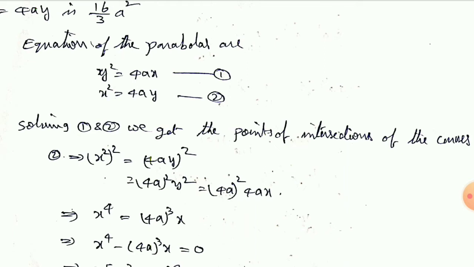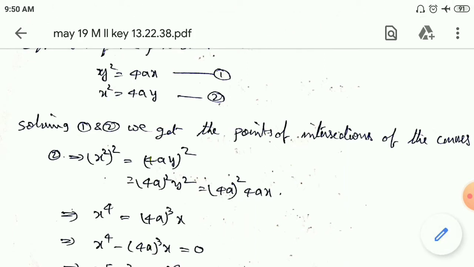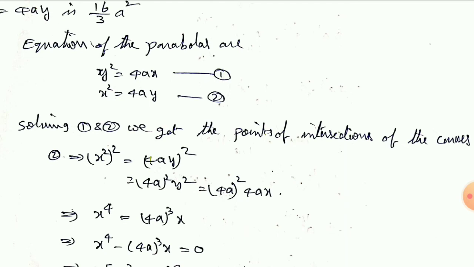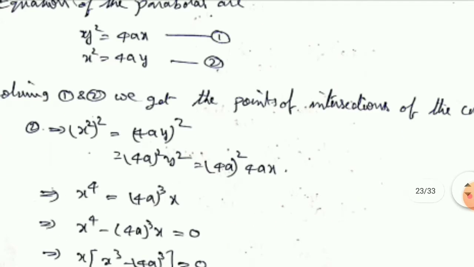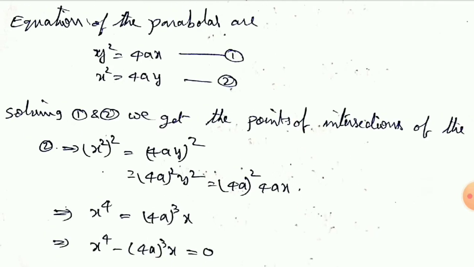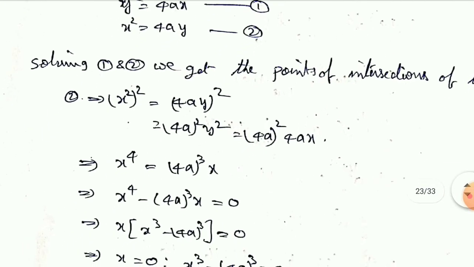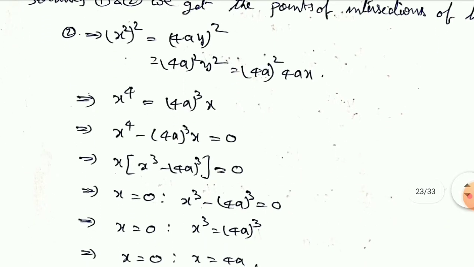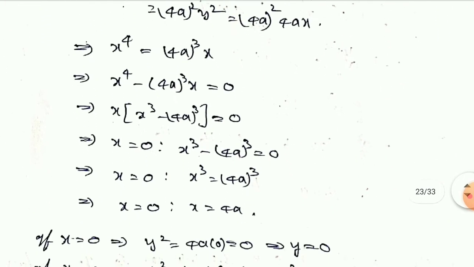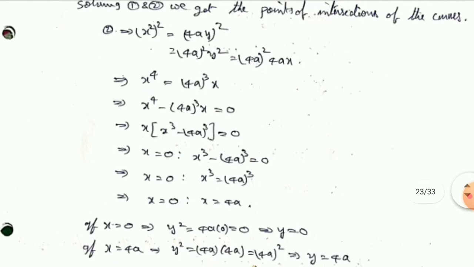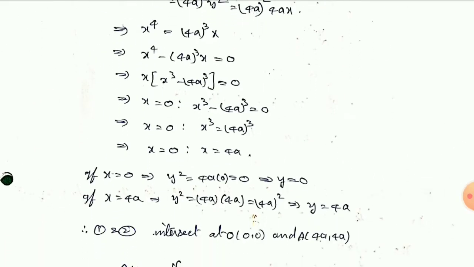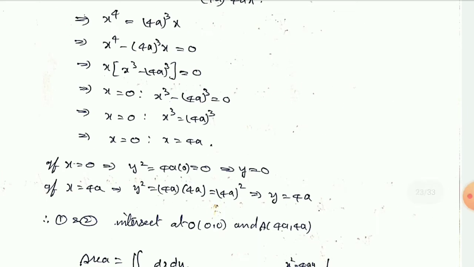So it is the second equation, I am just squaring on both the sides so that you are getting x square whole square equal to 4ay whole square, which is nothing but 4a whole square into y square, that is equal to 4a square, and y square is nothing but, as per your first equation, 4ax. And making the simplification, you are getting x values are 0 and 4a. So x values are over. And after getting these x values, you can substitute those values in order to get y limits.